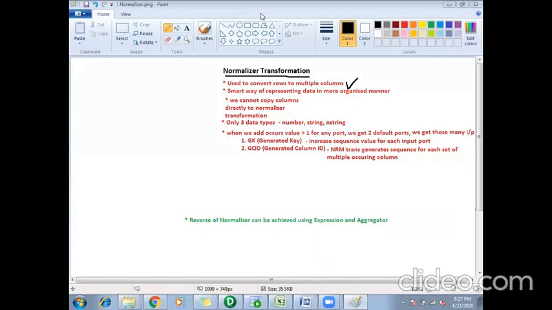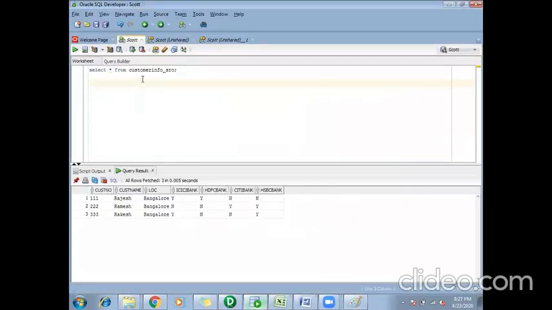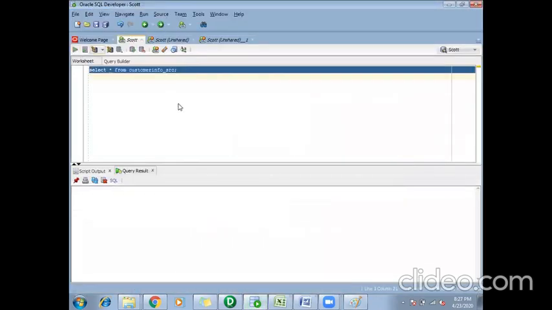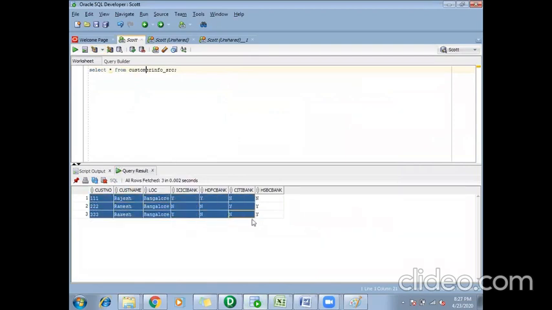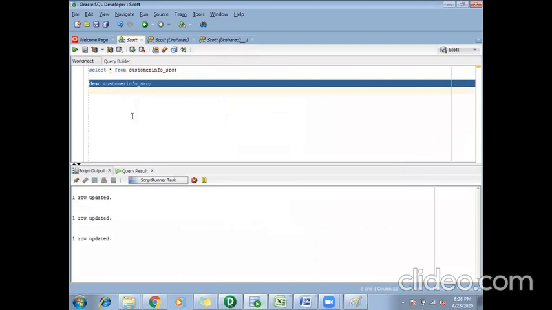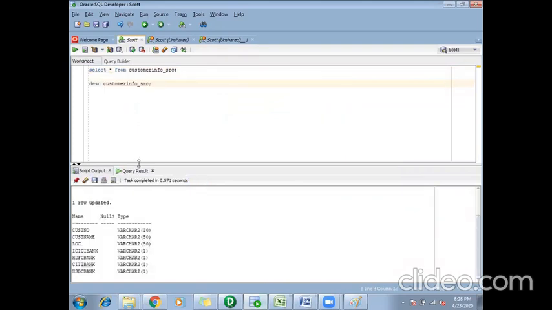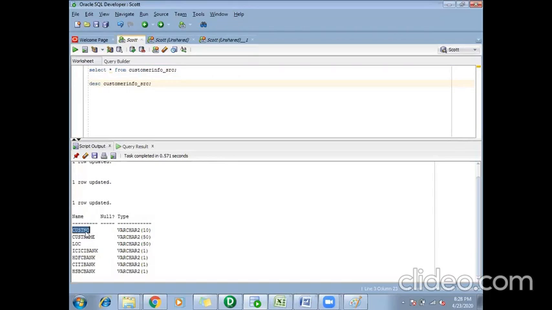Yeah, so normally we use this normalizer transformation whenever we want to convert rows to multiple columns. When I say convert rows to multiple columns, a simple example I can show here. So this is my source table, and this is the structure of the table. You can create one dummy table with the same structure.